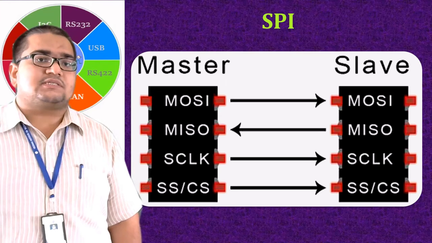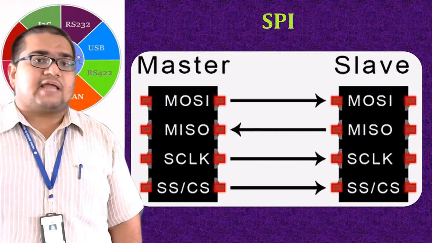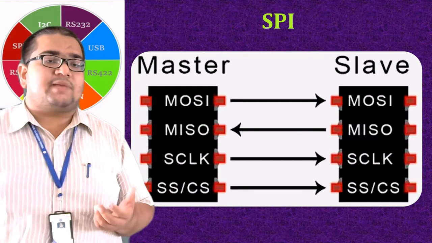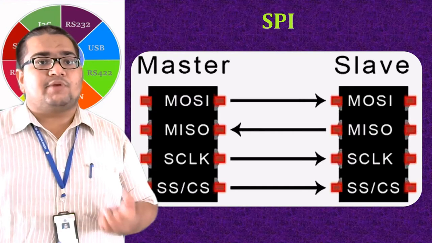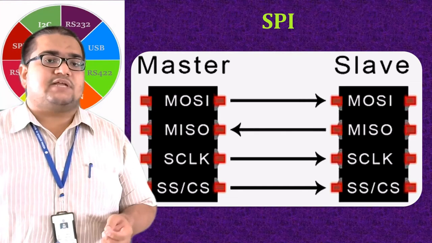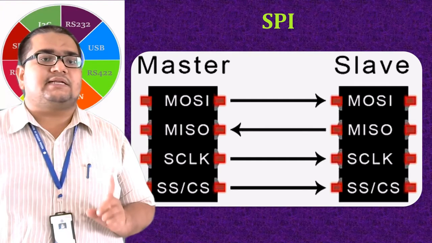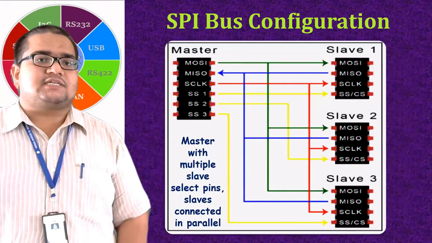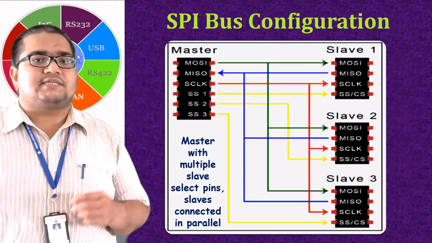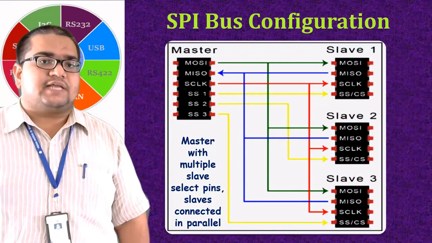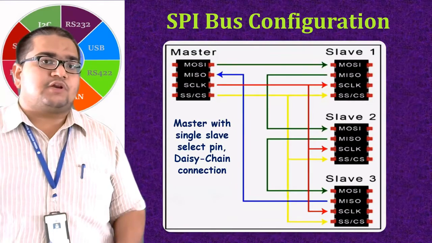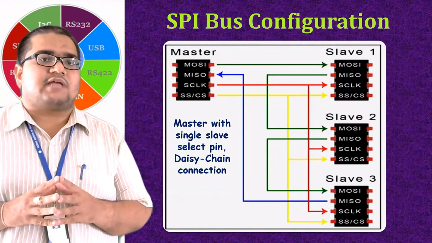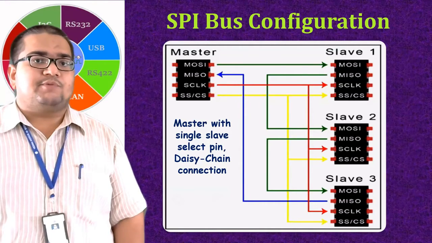And this chip select or slave select makes the data transfer faster when compared to I2C, because there is no work to be done communicating the address of the slave. Directly, whichever slave the master wants to talk to can be invoked by sending the slave select signal low for that particular slave. This type of connection we have seen, with one master having multiple slave selects and individual slave selects connected to the individual slaves. But sometimes, due to line limitations, we will not have many slave selects. At that time, a daisy chain type of connection can be used in providing the SPI communication.